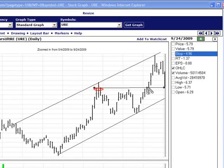Usually when it breaks through, it finds that as a support the next time. So now, while we're over here today, it looks like it's right at that line. Whoops, I keep getting this backwards. So it looks like it's right here at this line, so it's time to sell, and that's why I closed it out here. But there's also the possibility that